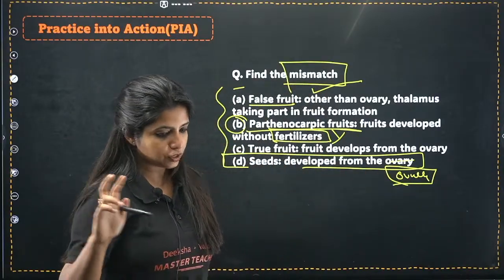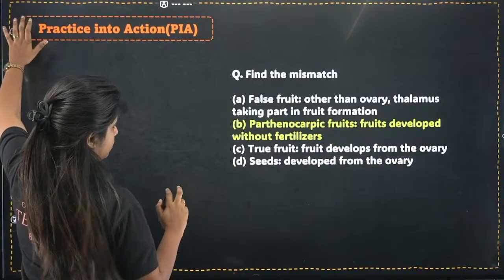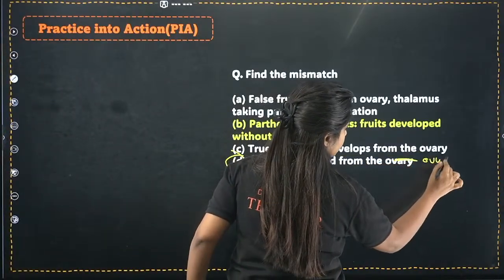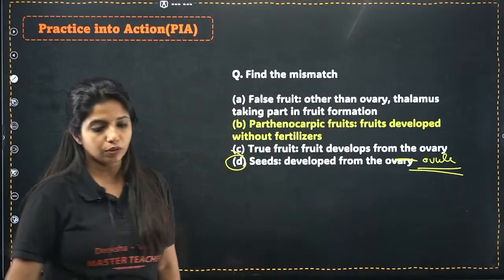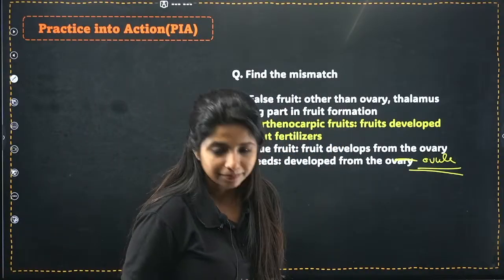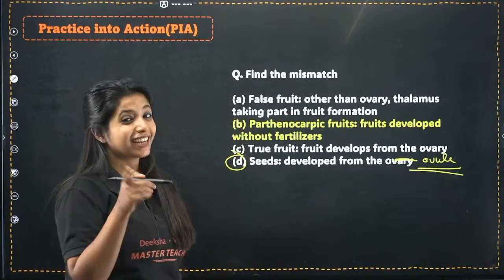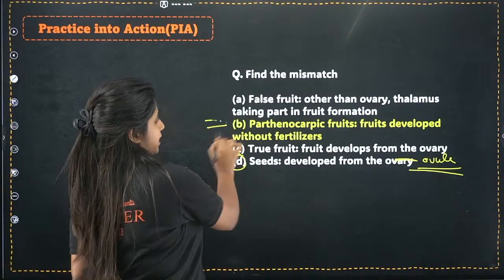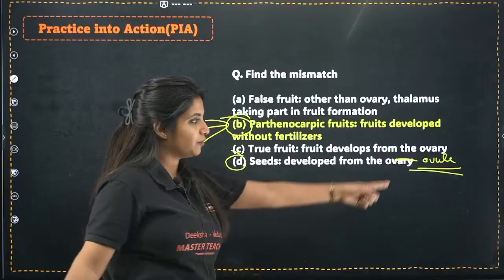Wrong question, alert. So both these statements would be wrong. I think there is a typo over here. It should be ovule. While typing it could have been different, but yes. You guys didn't note it, only I did. Anyways, B is the answer for this question, if that is ovule.